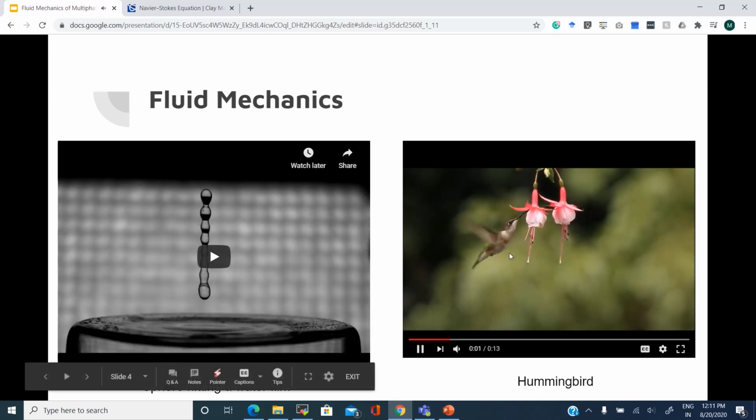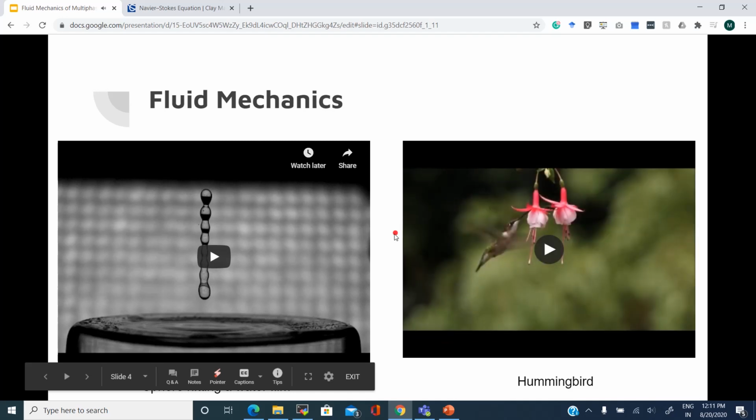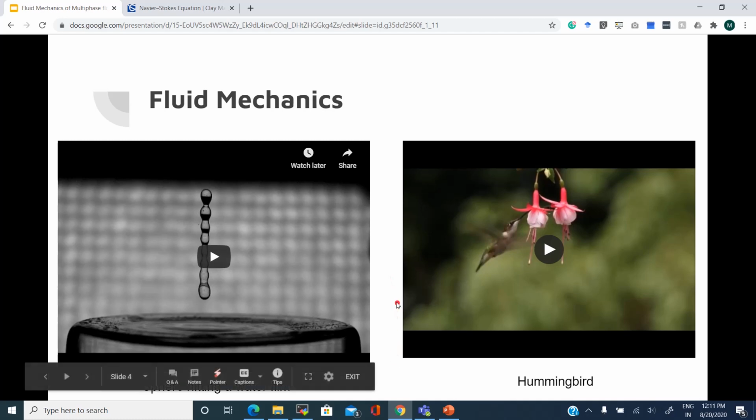This is the flight of a hummingbird. You can see how fast the wings are flapping, and the hummingbird's head and the beak are almost stable. You can see the amount of control. I don't know if there is a mechanical bird or something like that that has been invented which is something similar to this. It may be.